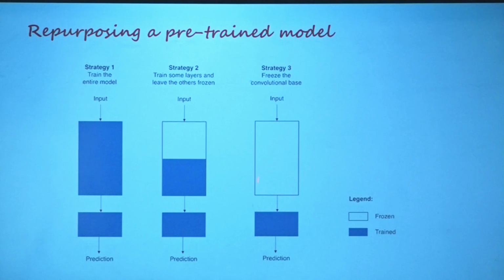Then the third case is, you can keep all the convolution layers, I mean the feature extraction part, untrained. You are going to train only the classifier part, meaning that you are using fixed feature extraction vectors, or the tensors, that you are getting from the pre-trained model. So one among these 3 strategies will be applied when you are doing transfer learning from a pre-trained model to your specific task.